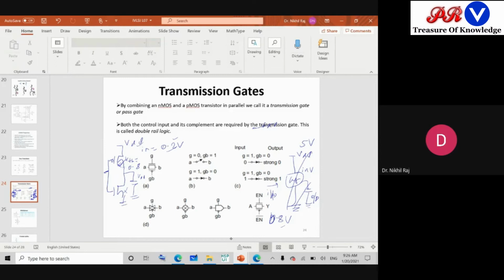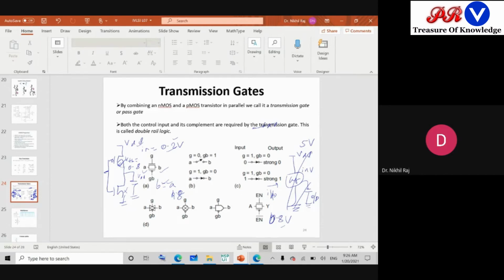But in the transmission gate, my output, in this example, B is nothing but A. This means if my input is 0.2 volt, then my output is 0.2 only. If it is 4.8 volt, I will get 4.8 volt. This means in a transmission gate or pass gate, my output magnitude will be a function of the input magnitude. But in CMOS logic, the output depends upon the supply rail magnitude, and the input magnitude should be such that it turns on the transistors. So that is the advantage with CMOS.